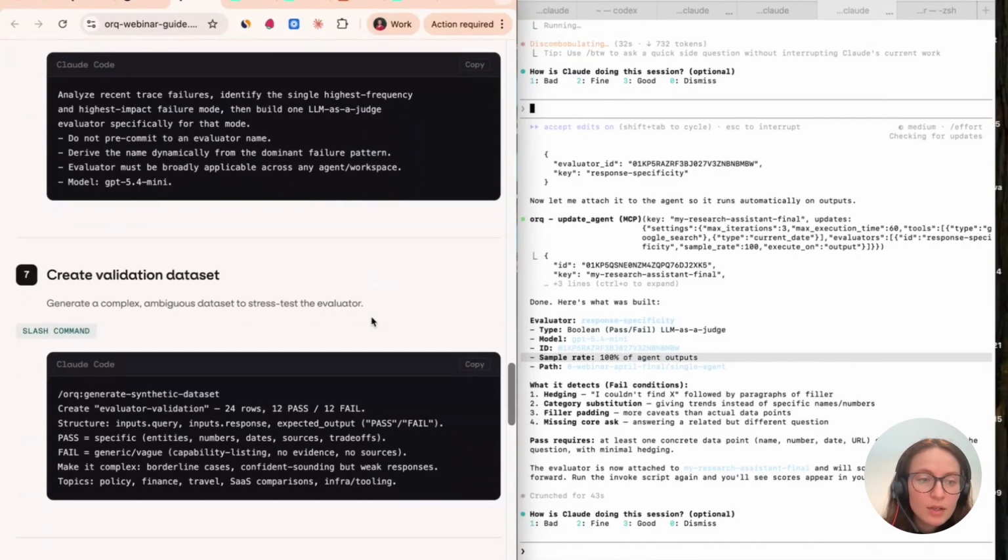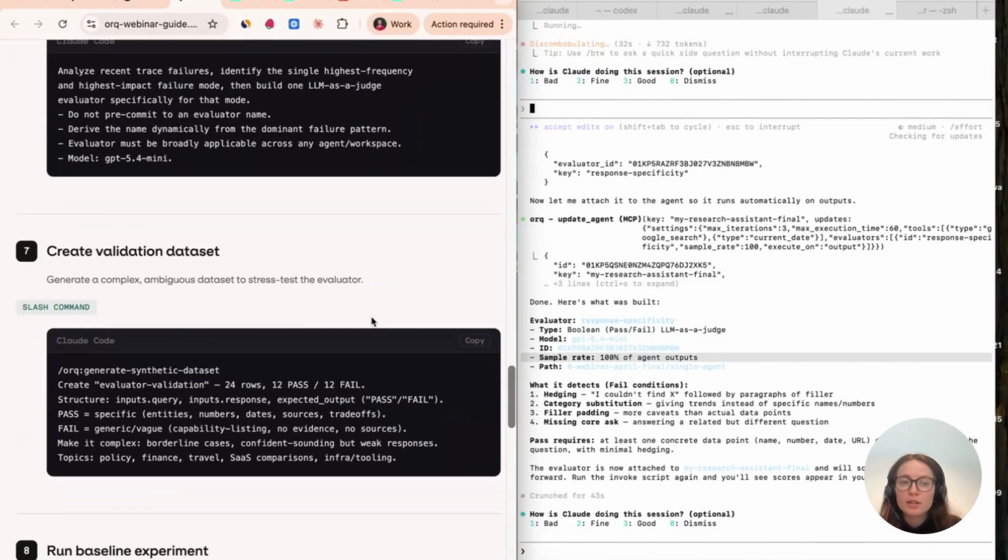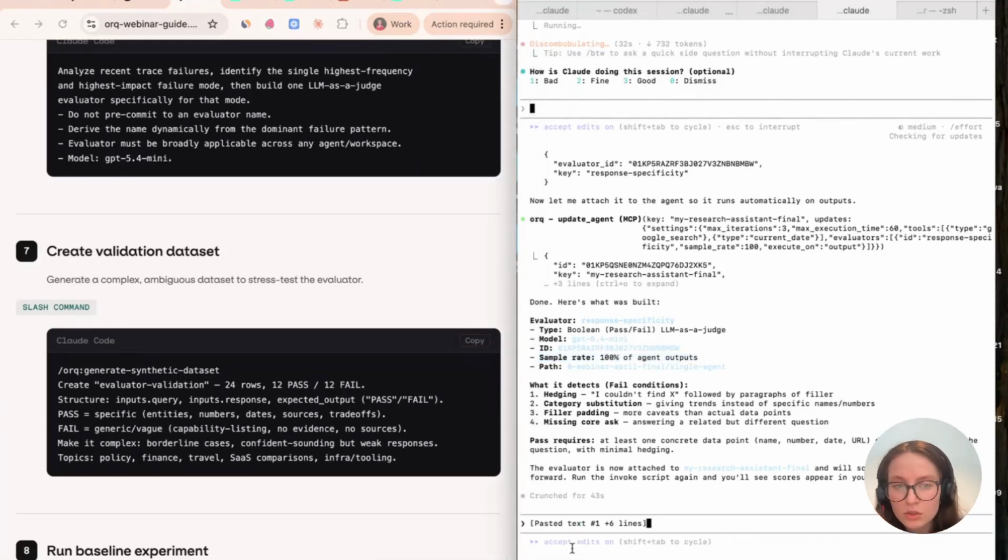So now that we've created an evaluator, we will create in step 7 a dataset to test the quality of this evaluator on. So you can copy this one and drop it in the same folder.